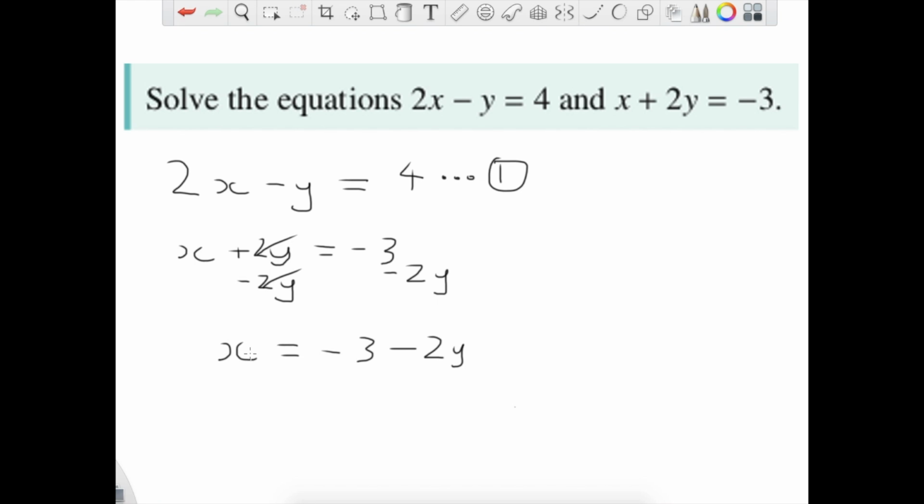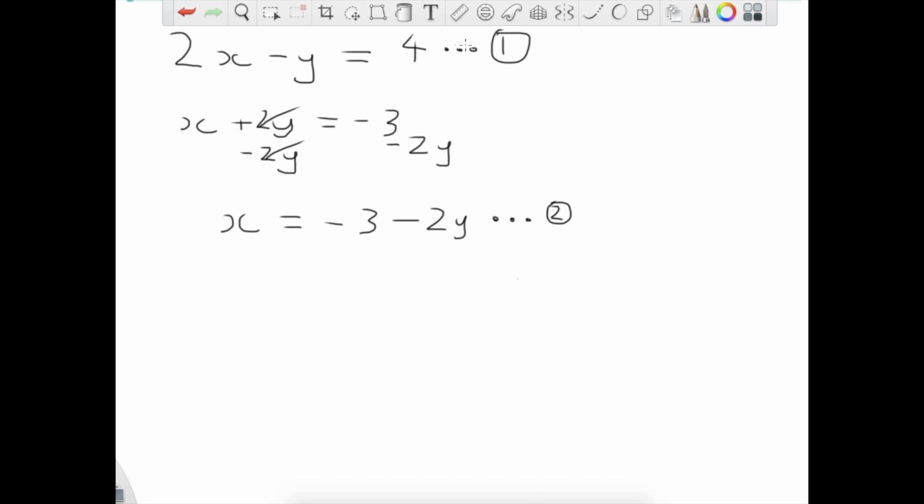So now what I can say is, well, x is actually equal to negative 3 minus 2y. And I'm going to call this equation 2. In this first equation, we've got x's and y's and numbers. And in the second equation, we've got x's and y's. But this x is by itself, and it actually is equal to negative 3 take 2y. So what I can do is substitute negative 3 take 2y into this x that we have up here. So what we do is we write